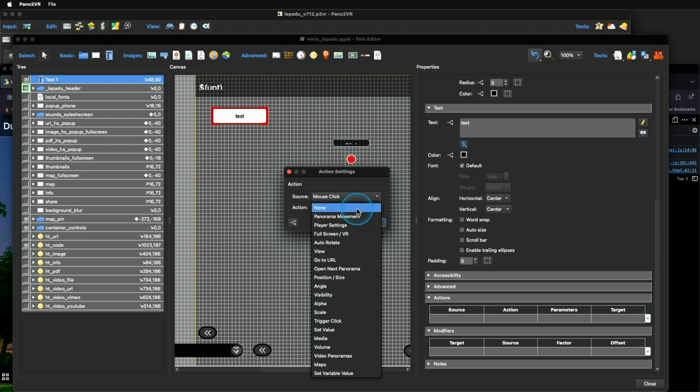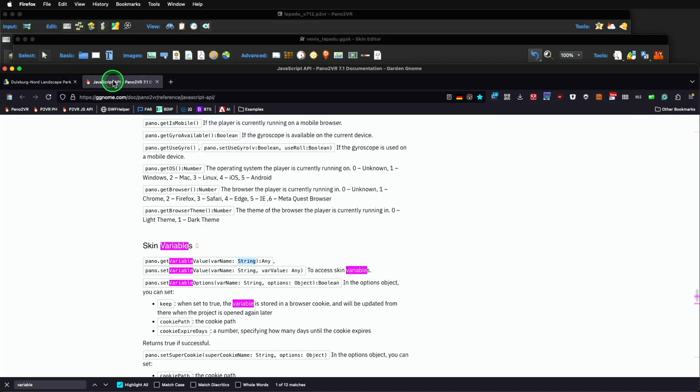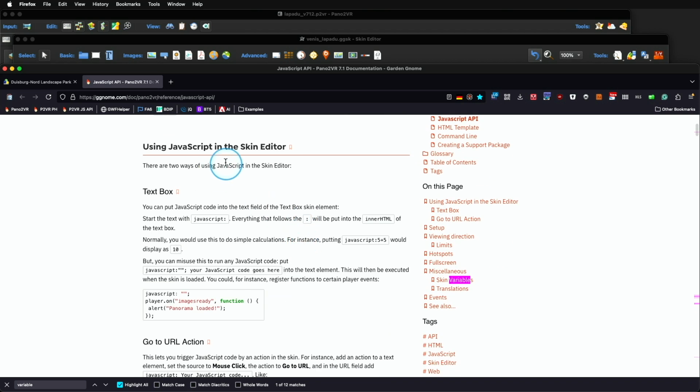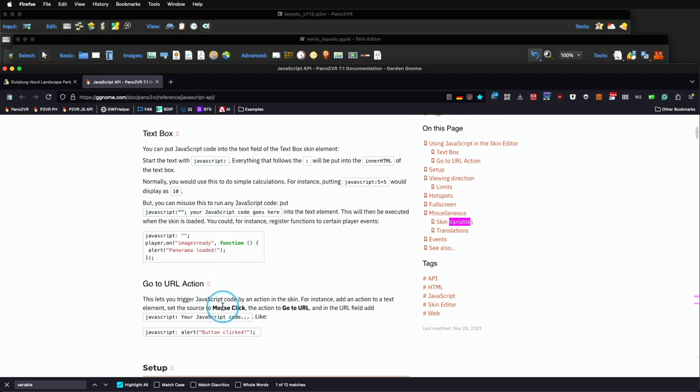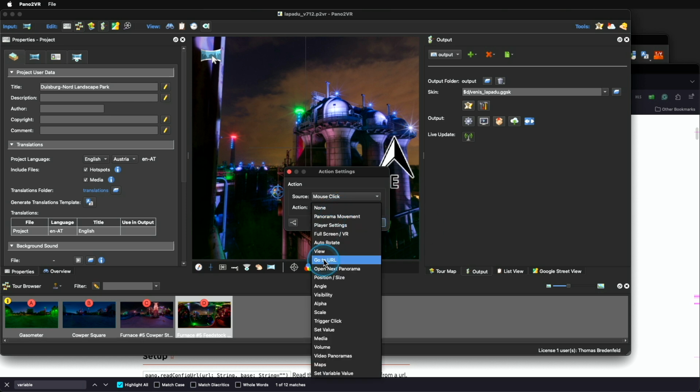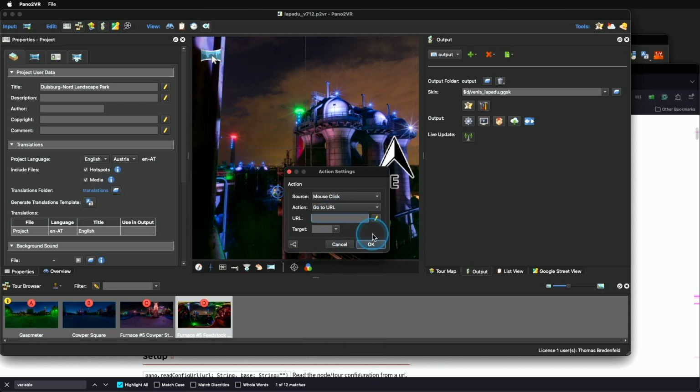If you want to do something with JavaScript, there's a kind of trick, but it's a silent convention. It's also described in the Pano2VR documentation. On top, you see that if you want to use JavaScript in a skin editor, start with JavaScript colon in the text field or in some actions, and these actions need to be of the go-to URL type. So let's head over here and type go-to URL and type